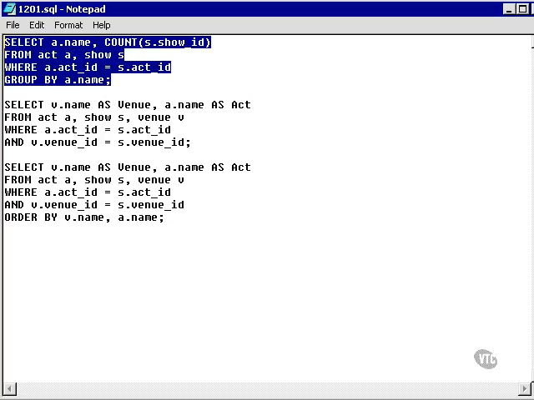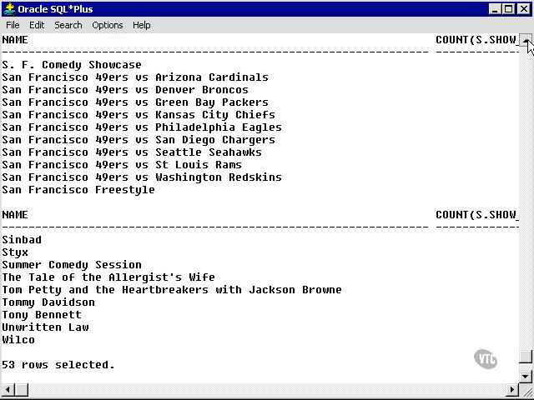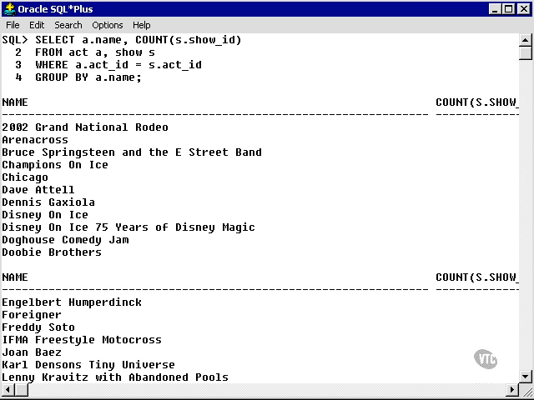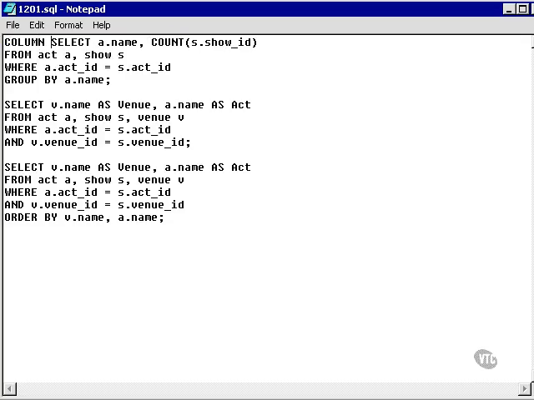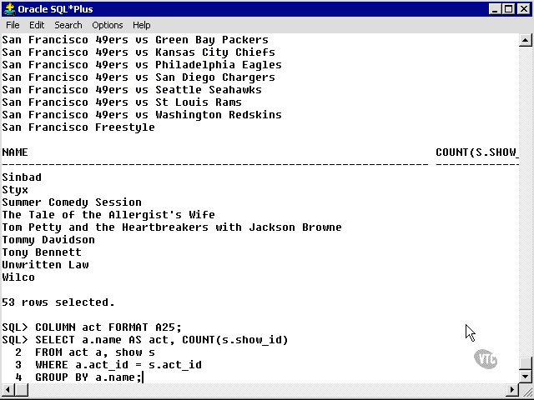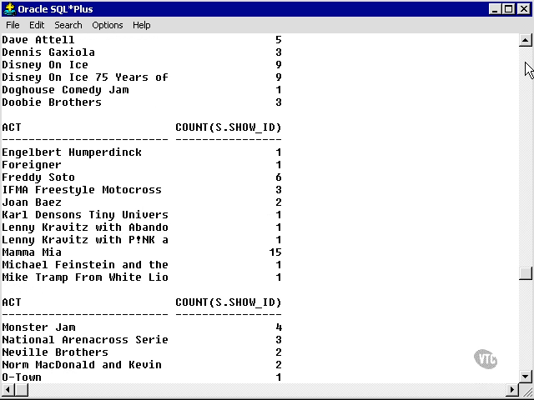So let's run this query. And here we have it. And unfortunately our screen size is not large enough to fit it. So I'm going to go back again. I'm going to set the column. Now let's run it again. And here we have it. That's much better. Now we can see that we have, from the top,